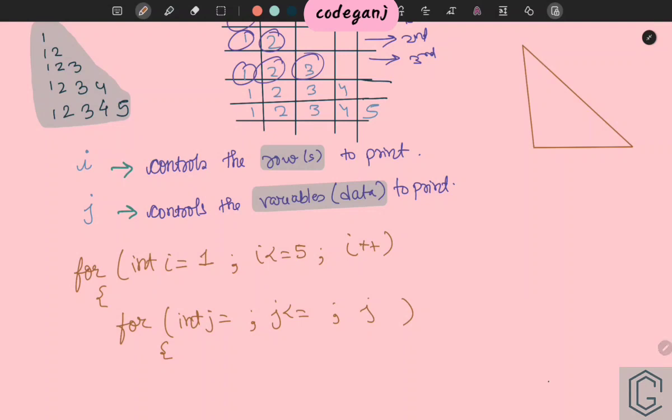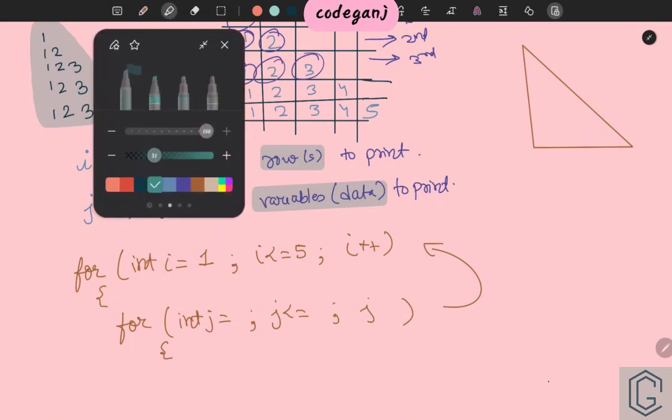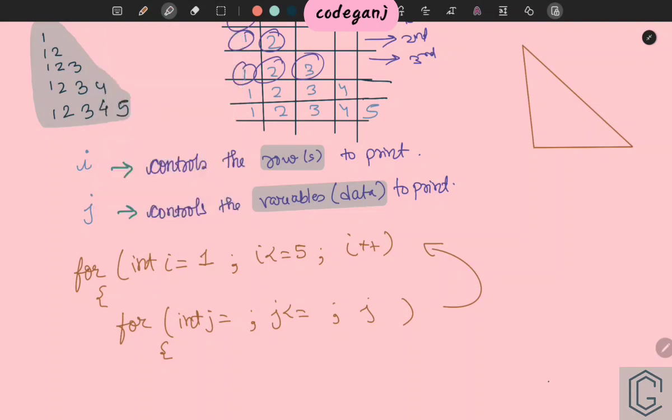The first line is always the same. The main concept that comes is the inner loop, what you're going to write. You will have to understand the pattern that is getting formed with the inner loop, the relation that the inner loop makes with your outer loop. That's the trick that you have to check. You will have to understand the pattern that the loop is following. Let us do that. So now you see the basic idea in this kind of program is, see what you are going to do.